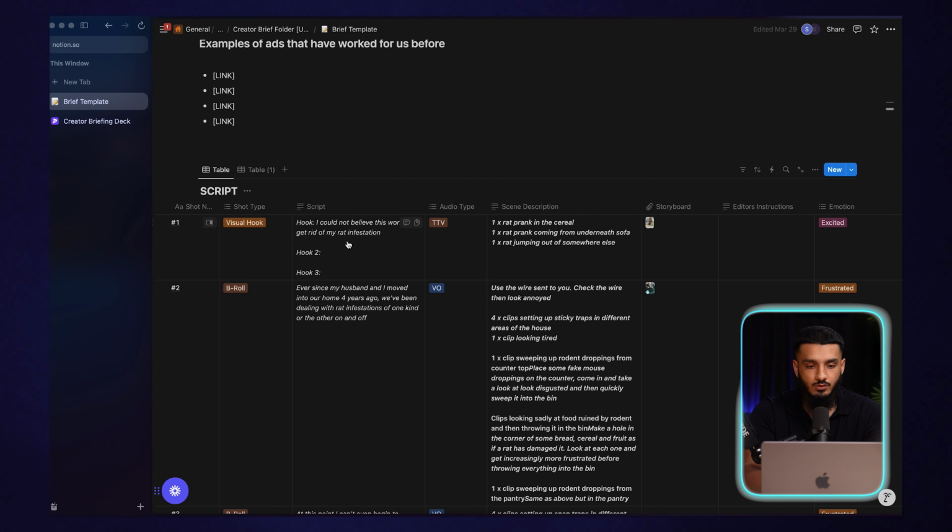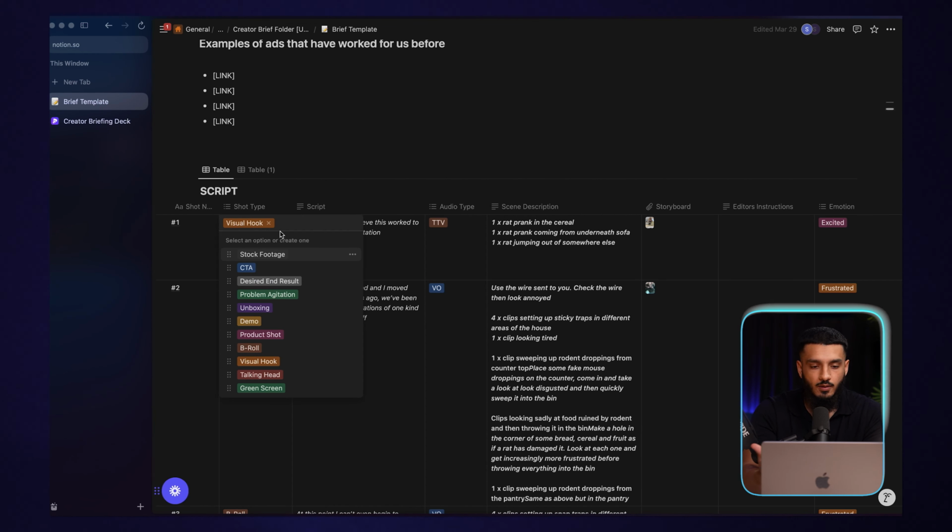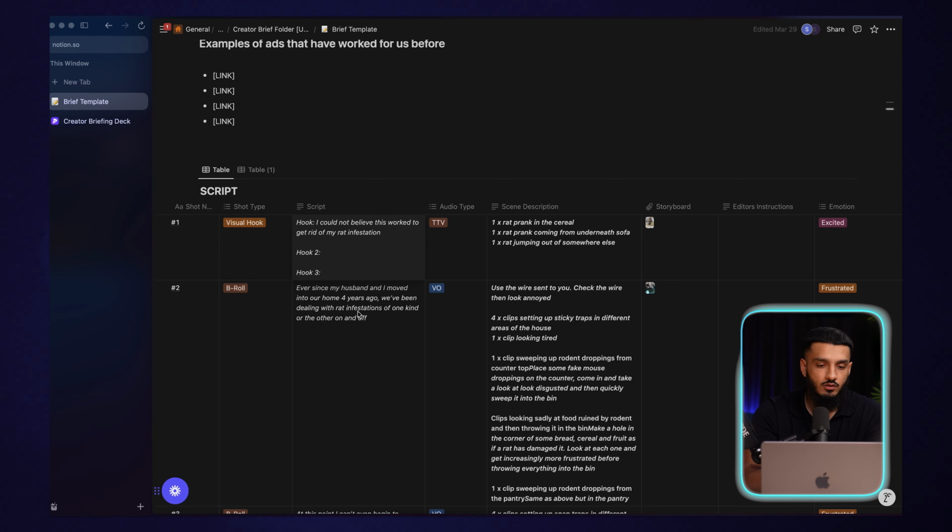Then we have the different types of scenes involved in the brief. So this is all preset. We just select it from a drop down every time we make a new brief. So we have visual hooks, stock footage, CTA, problem agitation scenes, desired end result scenes, unboxing, demo, product shot, B-roll, visual hooks, talking heads, green screens. And we specify that so that they know the exact type of scene that they're supposed to film for that portion of the script. We have 3 to 5 different hooks depending on the brief itself